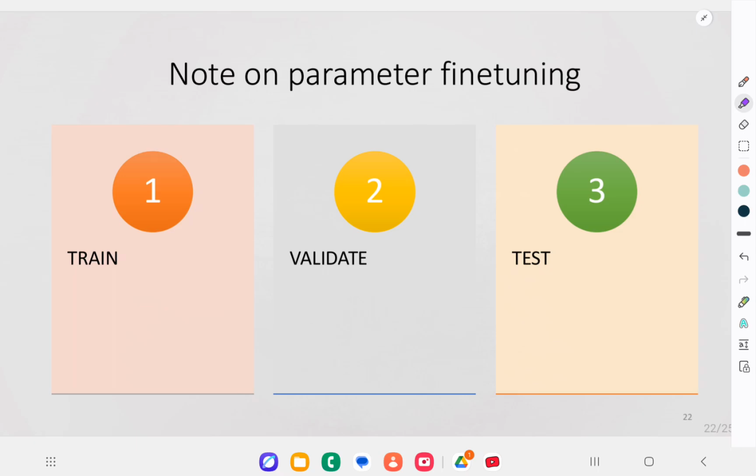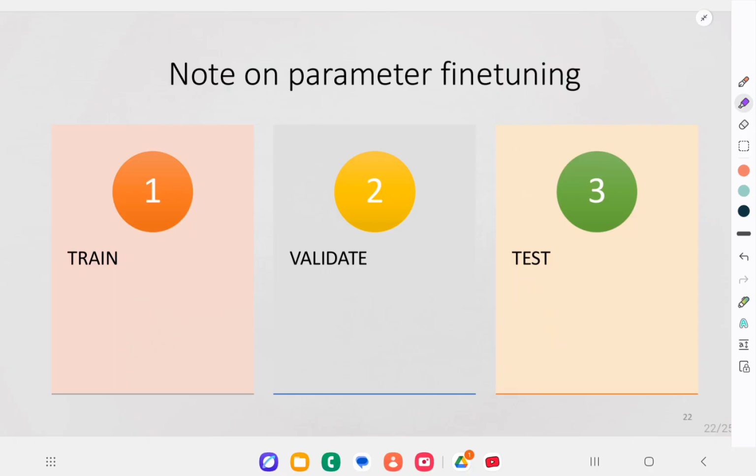Every learning algorithm has a set of parameters it learns from the data, like the weights in a regression model that we've seen before. In addition to those, there are also other parameters that we call hyperparameters, which are not learned from the data but are actually chosen by the model's designer.